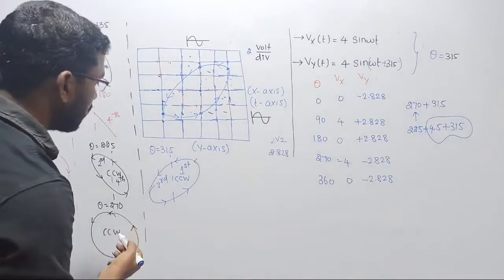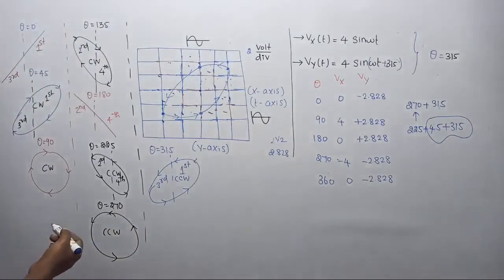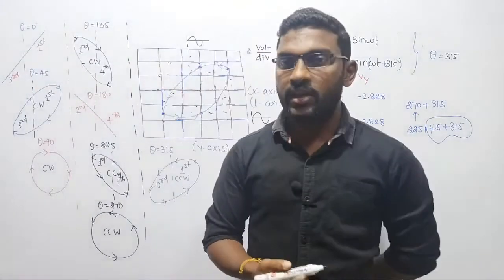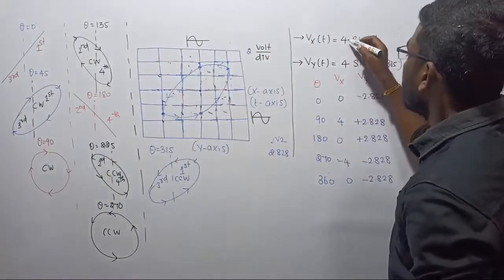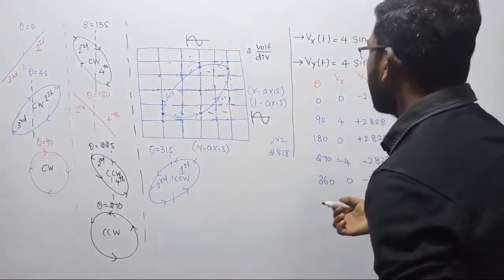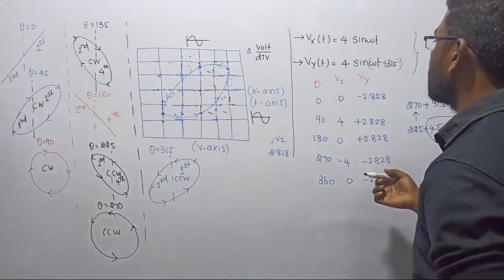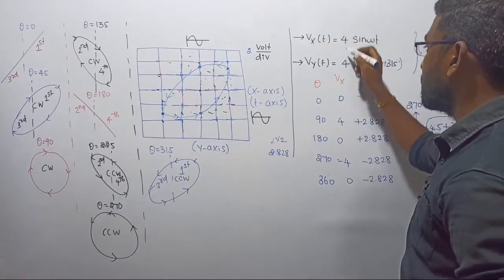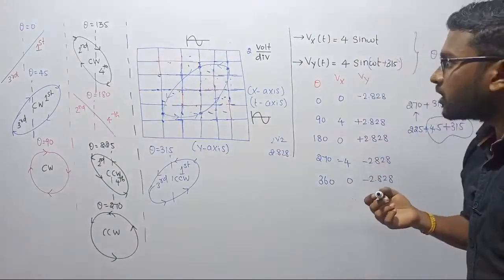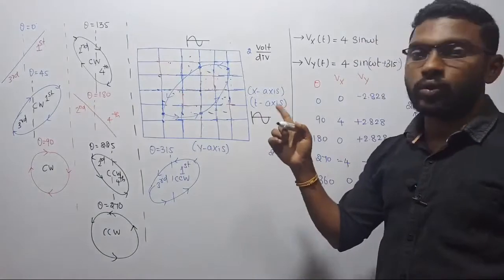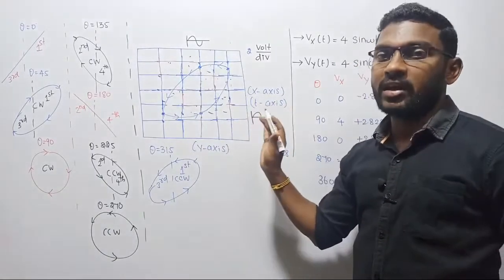Clear? So this is how we are developing the various waveforms on the screen of the CRO, right? Till now I was considering only equal magnitudes. Anyway, you are going to face the same type of things, but the small change is, if you keep different magnitudes, let us see what will happen. Let me take a few examples. Let us take one circle, one ellipse and one straight line, then you'll get the clear idea, right?